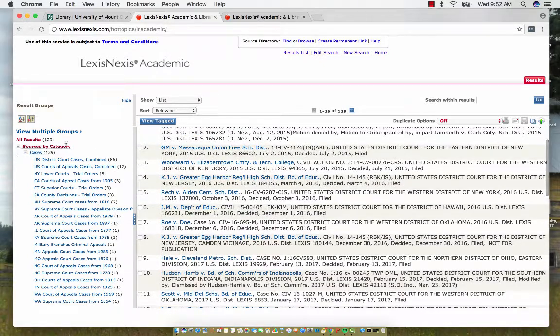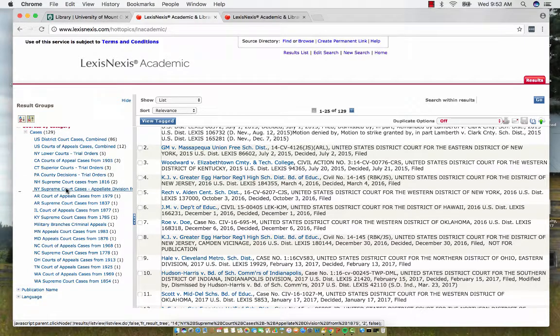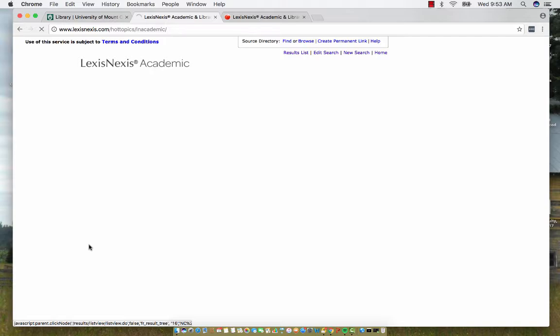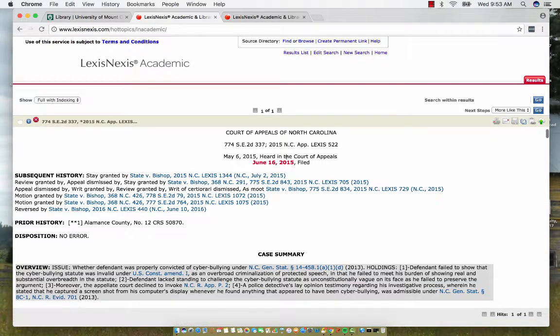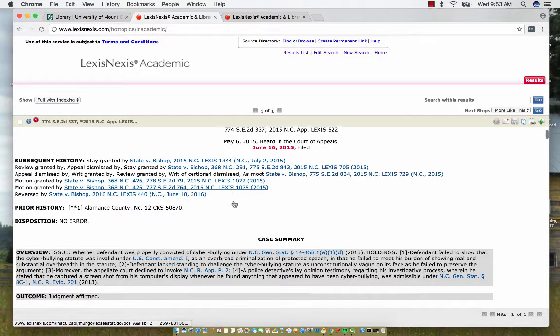Over here, it gives you the categories. There are U.S. District Court cases, U.S. Court of Appeals, and then state appellate courts. I'm going to see if there's one from North Carolina, and there is one right here. We'll open that one up, the State versus Bishop. And we'll see that when we open it, this was filed on June 16, 2015,